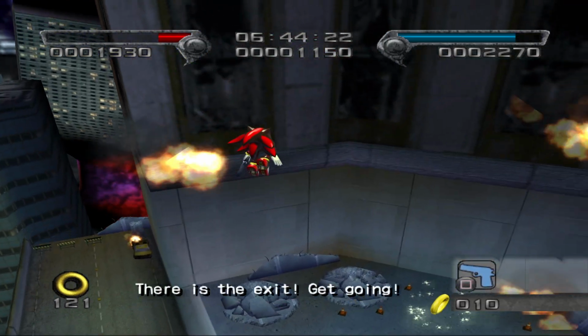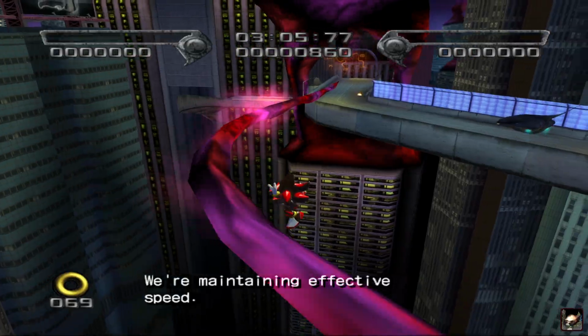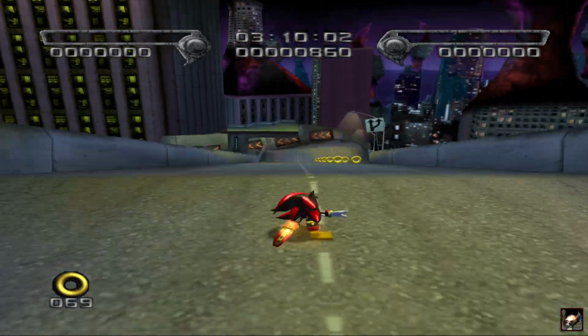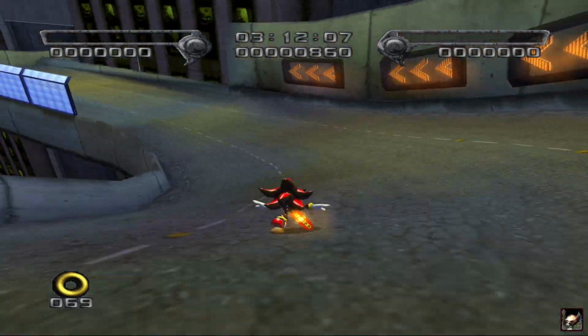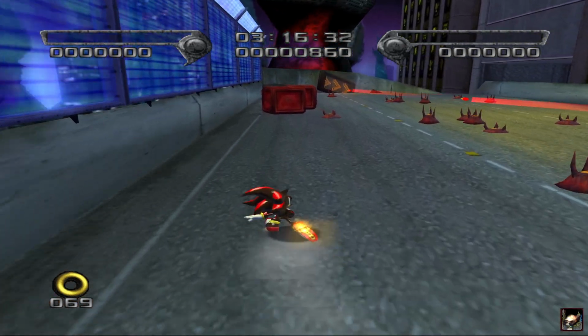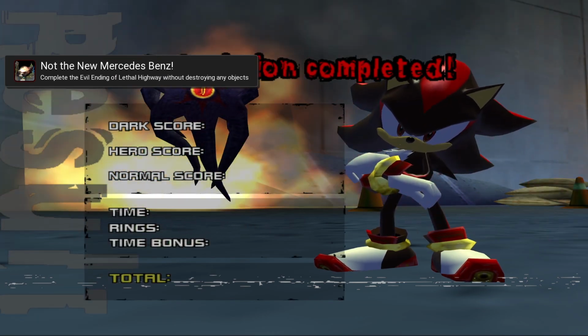For the level Lethal Highway, there were only 2 options: dark ending for escaping the city, and the hero ending for destroying the alien tank heading through the city. The challenge for Lethal Highway was to complete the dark ending without destroying any objects, and by just speeding through the level and ignoring absolutely everything, we got the achievement, not the new Mercedes-Benz, and at the same time, Perfectionist